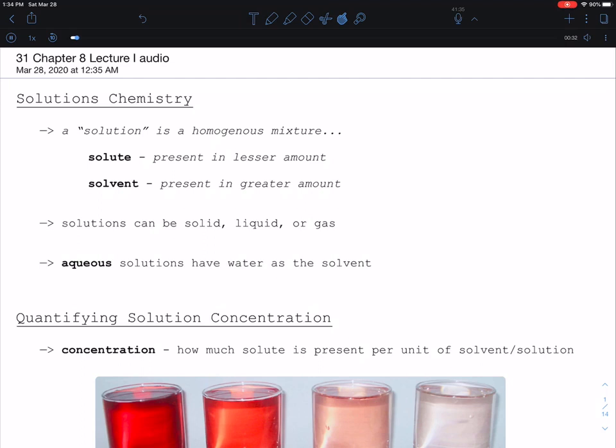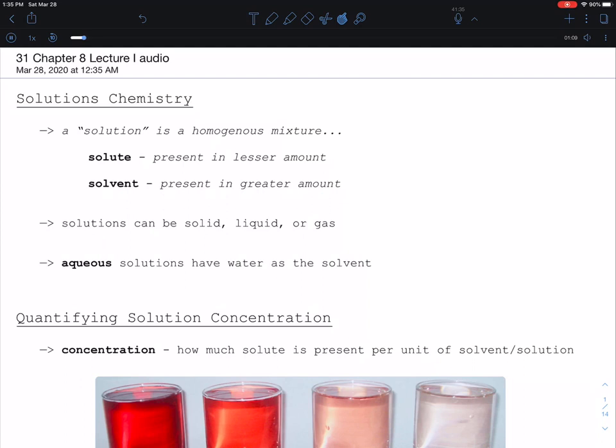The solute is what we call the thing that's present in the lesser amount in a solution, and they're going to dissolve it in a solvent. And when they're thinking about water being the solvent, what they're really saying is in that solution, the water is present in a greater amount. And by greater amount, what do we mean by amount? Well, when we get into figuring out concentration, we'll revisit exactly what we're talking about. We'll start actually with molar concentrations, and we will be focusing on aqueous solutions in this chapter,